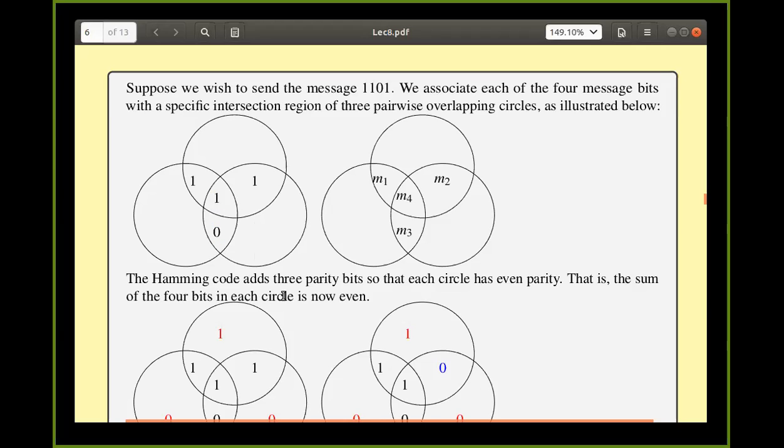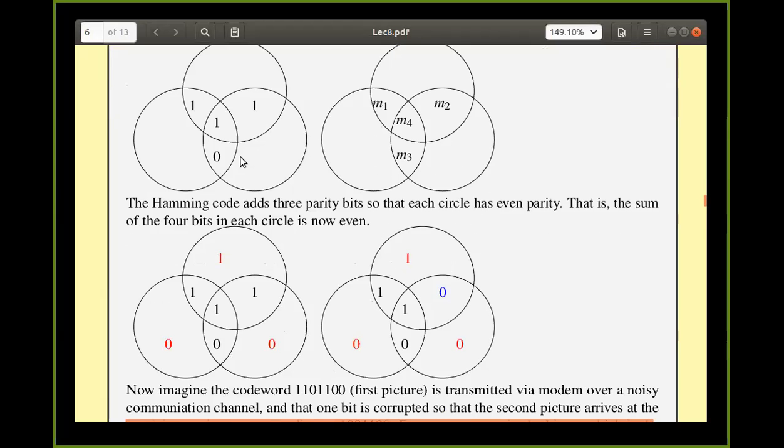Okay, so Hamming codes. Now, what did Hamming do? He added the parity bits so that each circle has even parity, that is, the sum of the 4 bits in each circle is even. So you take one circle, this circle. Sorry, I have not put colors and all. I hope you understand. So now I put a red one here, because if I add all the ones here, I get 0. If I add all the ones in this particular circle, I put 0 such that, because already if I add all of these, it becomes 0 again. Here also it becomes 0 again. So I added the parity bits in such a way that this happens.